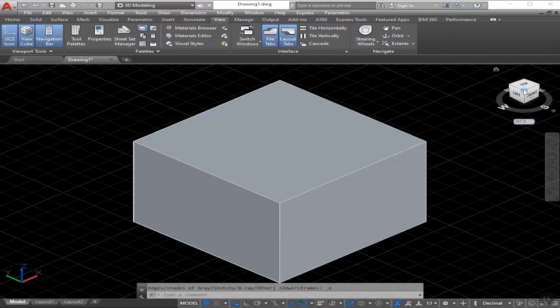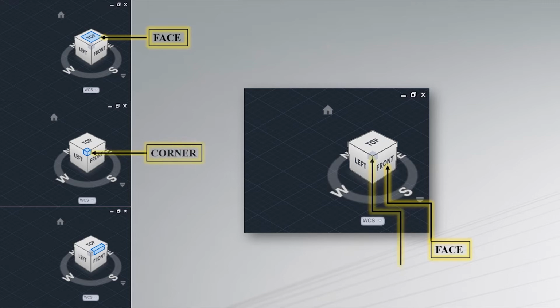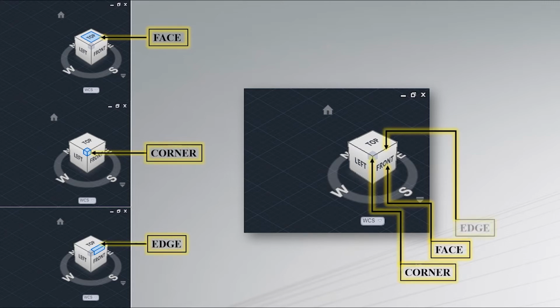As you can see, this is a clickable and draggable interface, and you will notice that it is in inactive state. When you position your cursor over the ViewCube, it will become brighter. Let's hover the cursor closer to the ViewCube. Now you can see the navigation tools along with it become active. These are the face, corner and edges of the ViewCube. I'll show you how to deal with them.